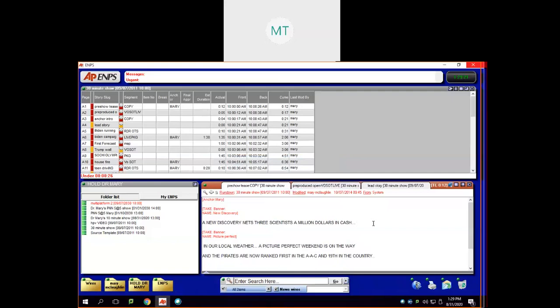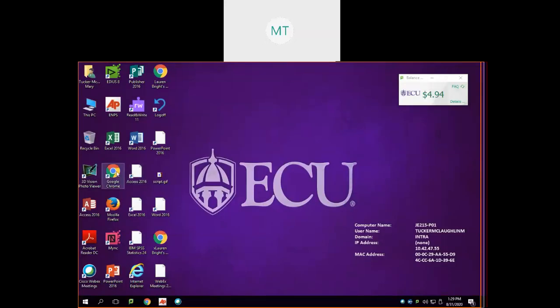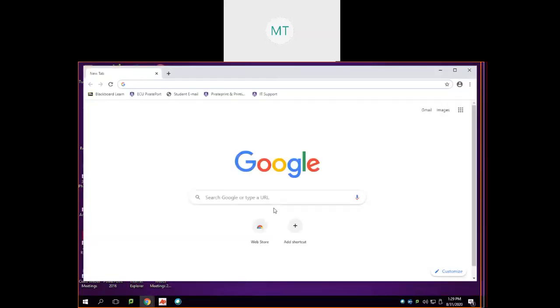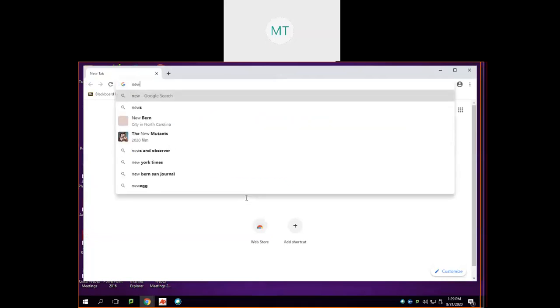So I made my first tease a little short, and I don't know what the story's about. I really need to find a lead story. Maybe I should just go find my real lead. And to do that, I'm going to minimize my EMPS. I'm going to go to Chrome. And I'm going to go to CNN, which is